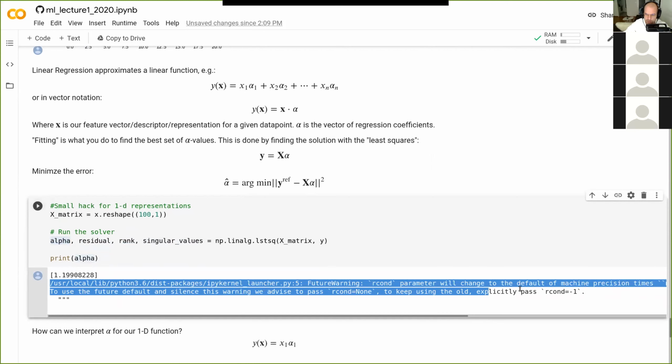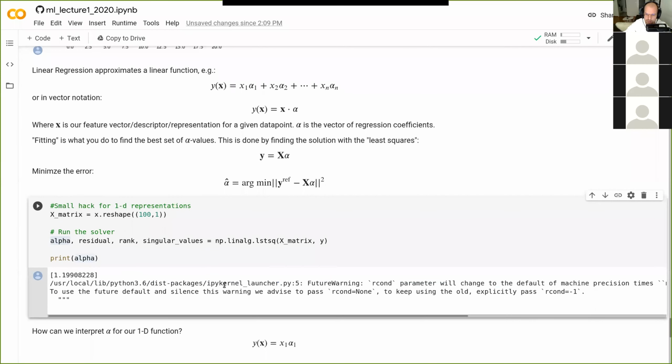Ignore this. Google Colab, I think, uses an older version of NumPy, which gives a warning about arcont. You will also see this in the exercises, and please just ignore this arcont future warning.